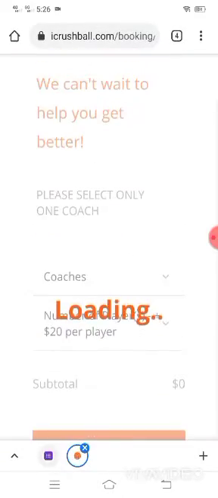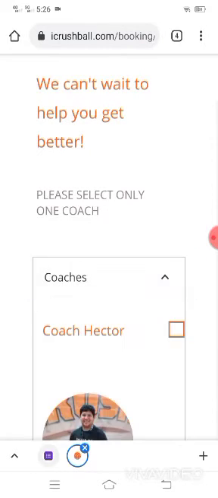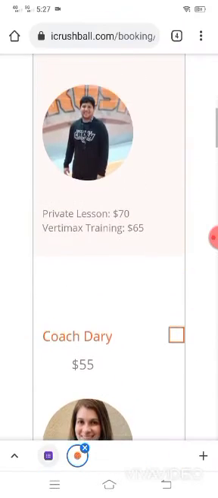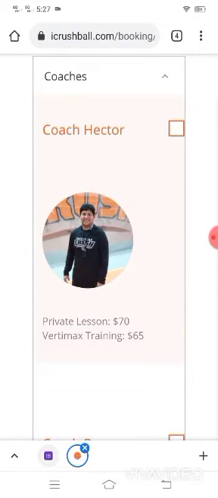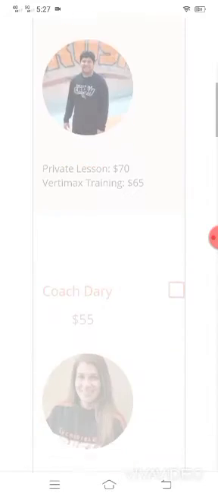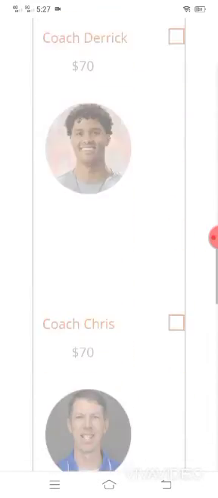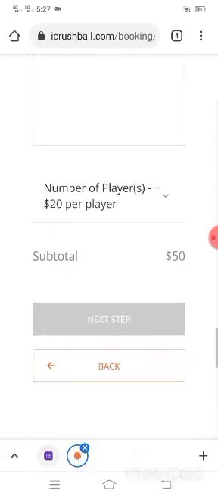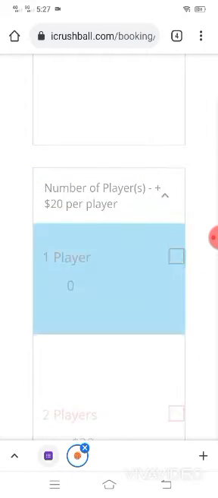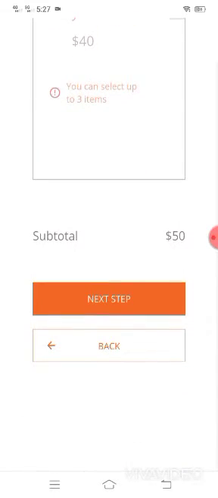And then next, and then select coach. Select your name. It is important to select your name so you can get the codes for one each of you. So okay, I select Coach Hector for now, and then select the number of players. I just select one player, and then next step,